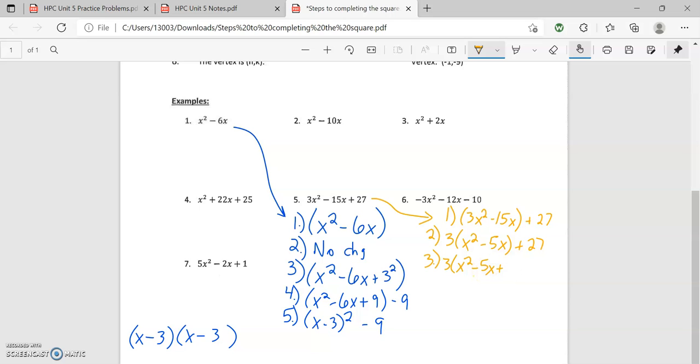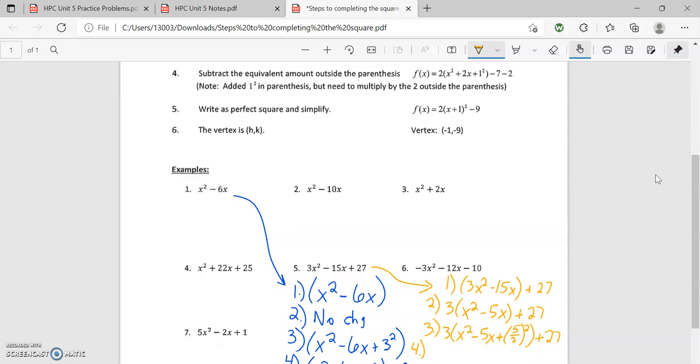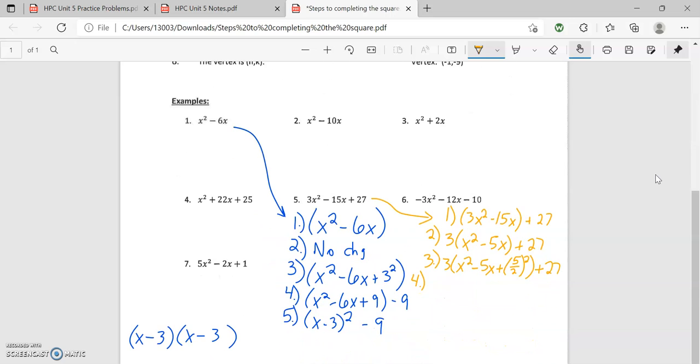We're going to add half of the coefficient squared inside the parentheses plus 27. Okay, step 4. We get even more room here. Step 4, we want to subtract the equivalent amount outside the parentheses. Okay, so now we've got 3